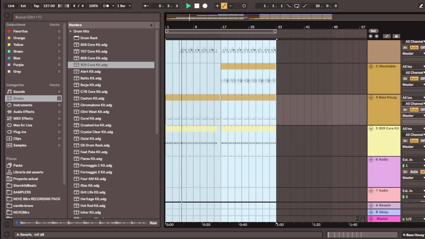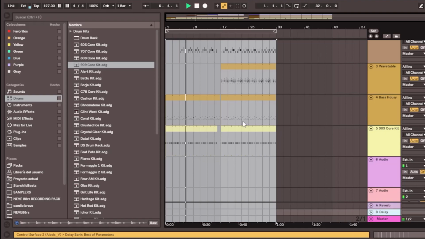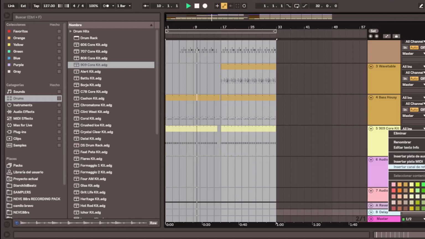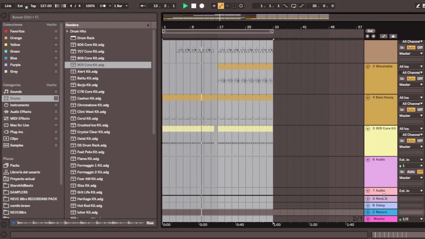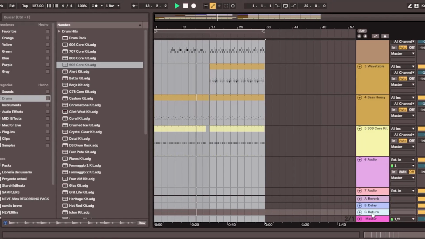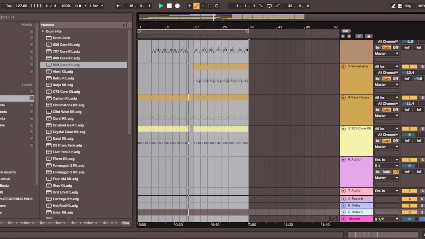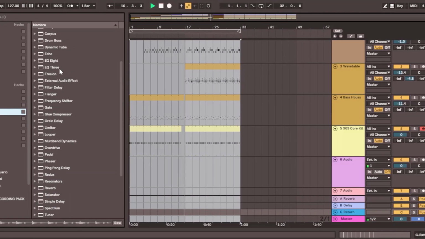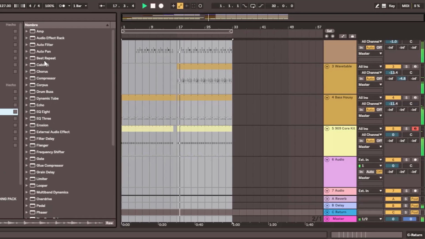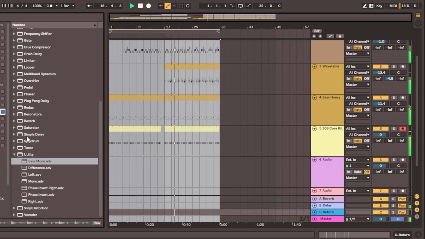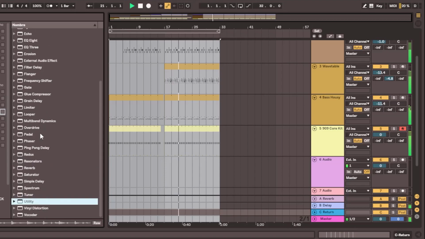The effects, you put them here. Like for example, there's a reverb, there's a delay that comes in every project, but you can do more. You can change them, you can delete them. So to make them, just right click, return track, and then you can put there whatever you need. Like go to your effects, audio effects, and put whatever you just want to put. You can put more delays, you can put